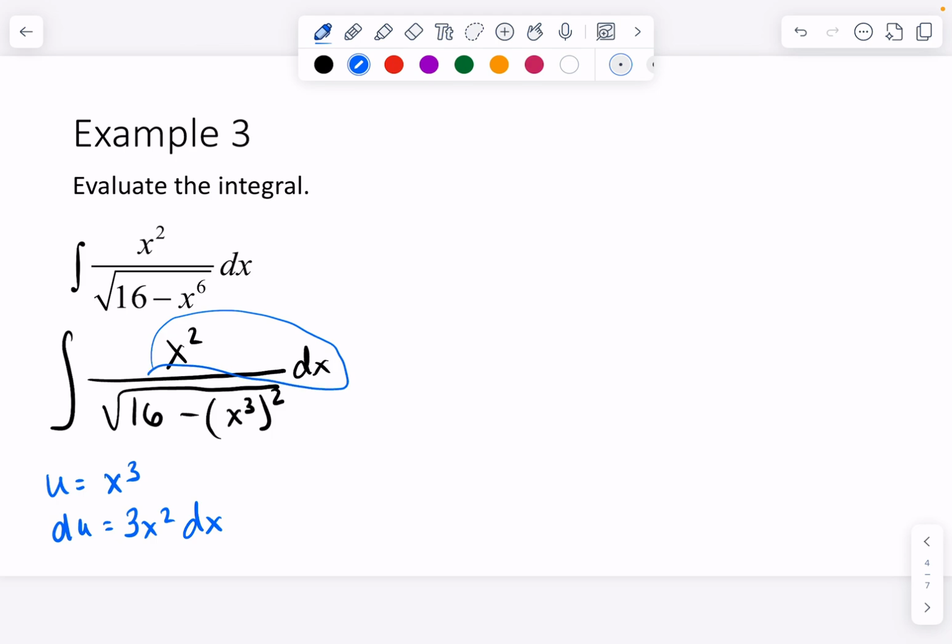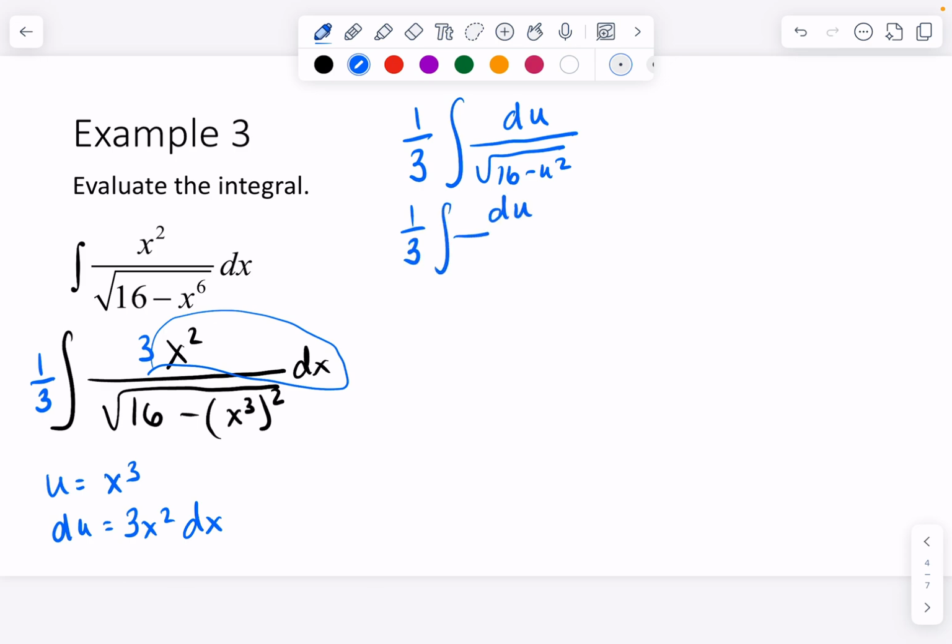So then up here, I have mostly what I need. Multiply by the 3 inside, 1/3 outside. So then I have 1/3 the integral of du over the square root of 16 minus u squared. Now again, my trick, if you want to memorize what the formulas in the book are, that's fine. I don't have the brain power, so what I do is I factor out the 16, 1 minus u squared over 16,